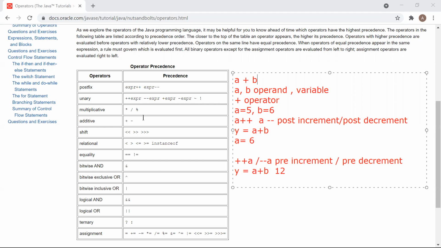Okay. Do you understand what pre-increment and post-increment are? So here, this relational operator, I hope it is clear to you. This increment and decrement, let me give you one more example. This is very important from the GATE perspective and interview perspective as well. In an online test, they are going to ask you this one. So let me give you one example. You will now have to answer me.